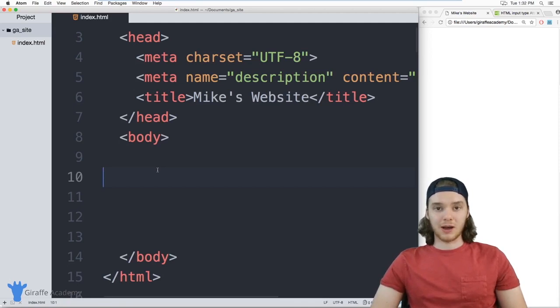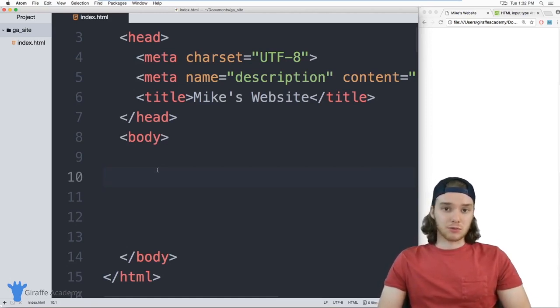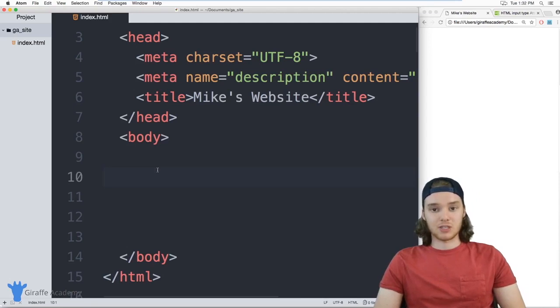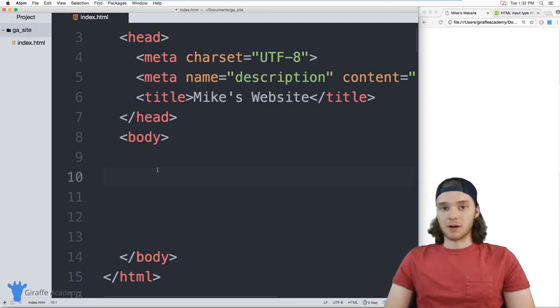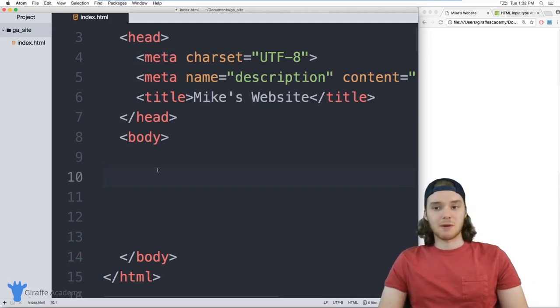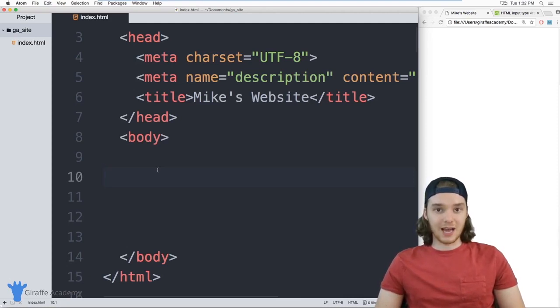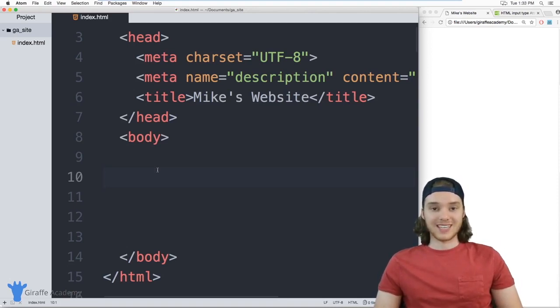In other words, just because you have the text box there doesn't mean someone's gonna be able to type in information and you'll be able to do stuff with that. In order to get information from a user through these text boxes, you need to use a language called JavaScript. But that's a little bit beyond the scope of this course. We're just trying to learn HTML. So I'm just gonna show you guys the actual HTML elements that you can use to define these things like text boxes and text areas. And then if you want, you can go off and learn JavaScript and you can learn how to get input